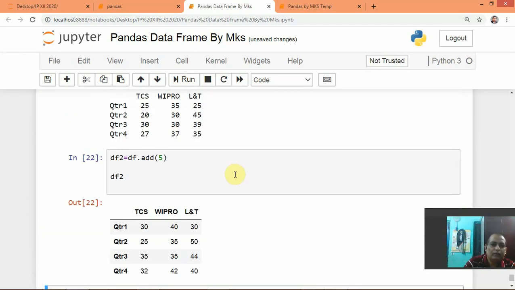It is giving output like here 30, earlier it was 25, so 5 increased, here 35, here 40. So all elements have been increased by 5.